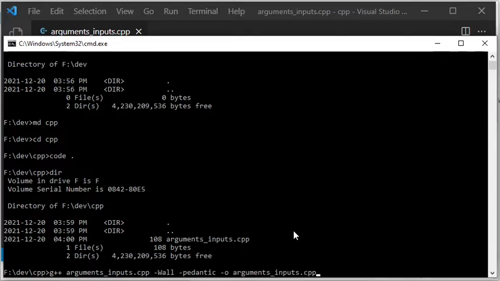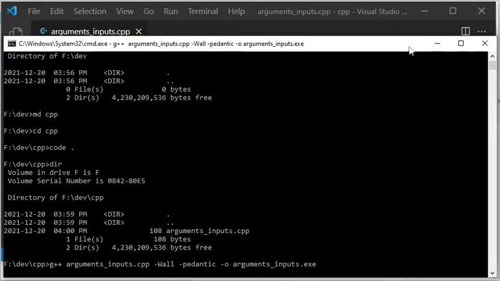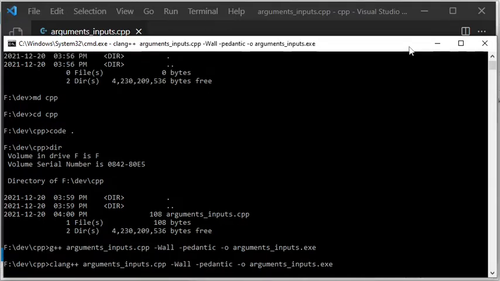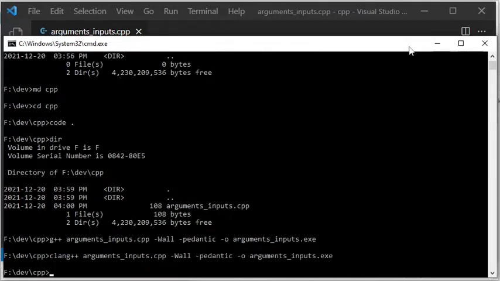Both G++ and CLang++ are supporting the compiler flags Wall and pedantic, which you can use to get more warnings about potentially bad code. In this very small program, no warnings are reported from any of the two compilers. Now when I execute the .exe file produced by the CLang++ compiler, you can see that it displays Hello World.